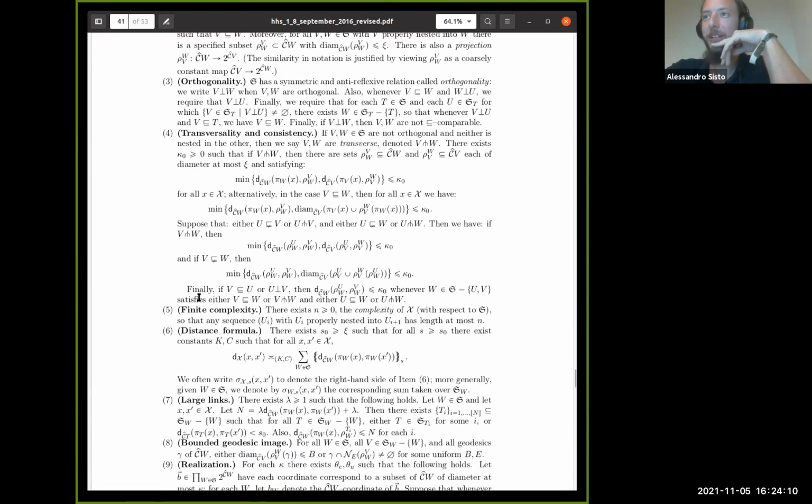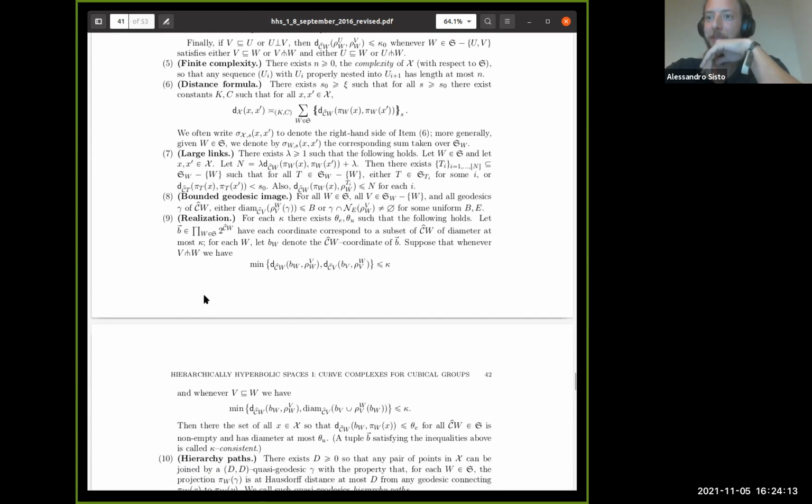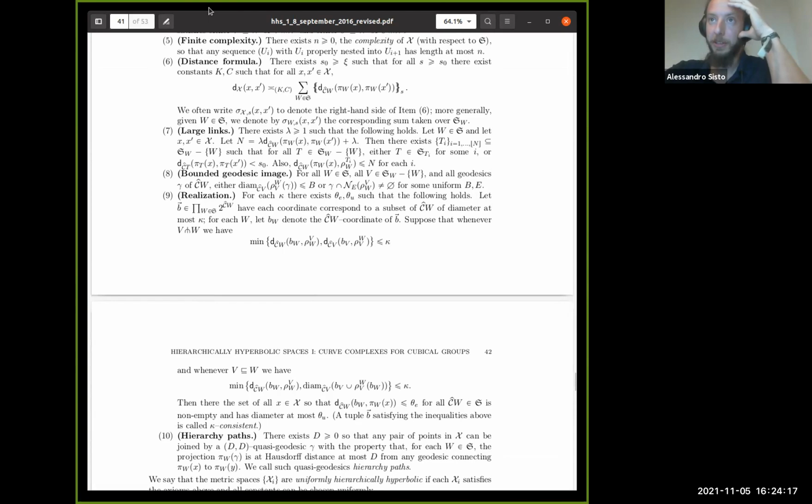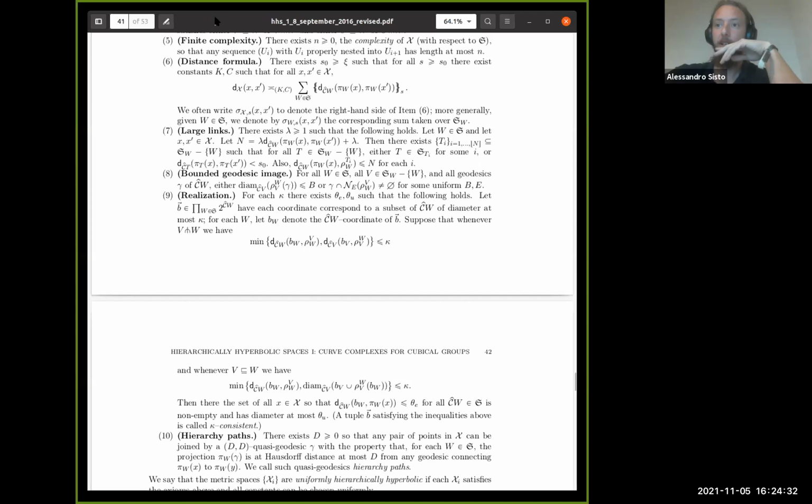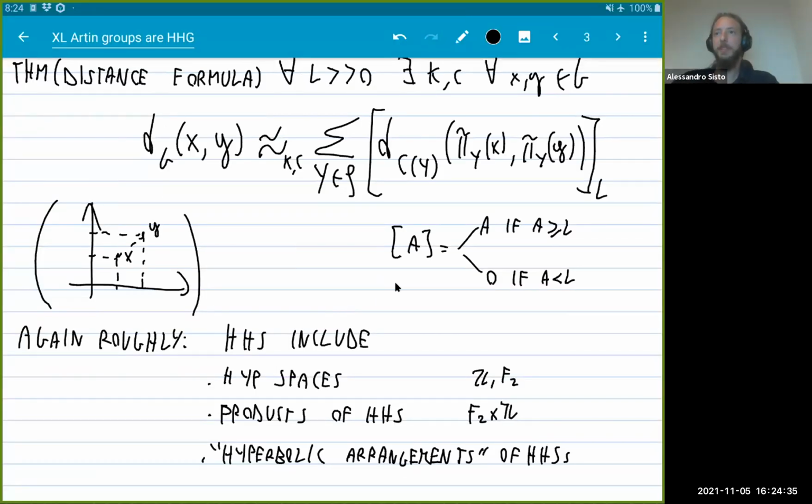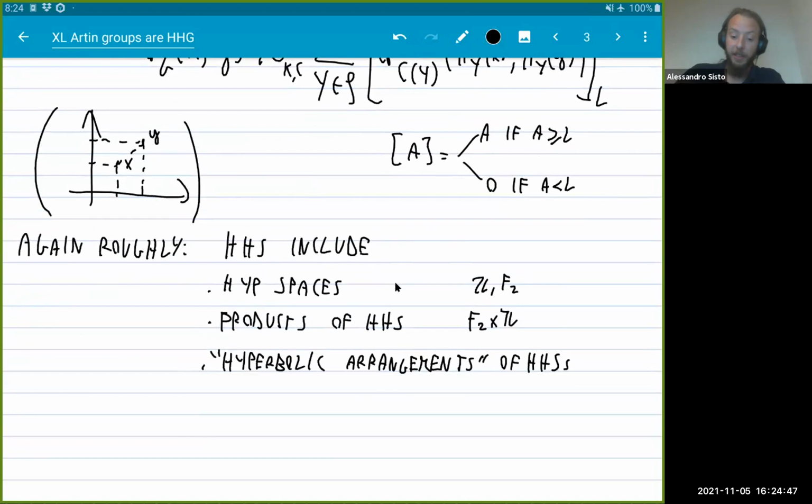I mean, I've seen shorter definitions. And so while maybe hopefully with the heuristic I've given you, you can have a rough idea of what an HHS looks like and whether your favorite space is an HHS, it would be very understandable if you didn't want to go and read the definition and figure out if it applies to your case, which is to say that part 2, you really want to have a much simpler criterion than checking the definition.